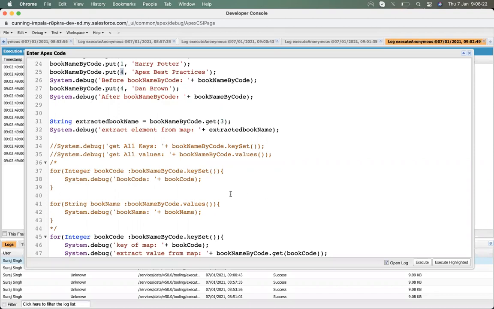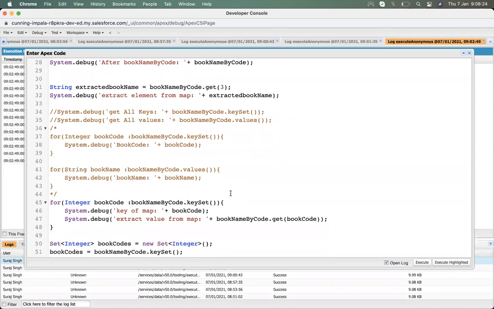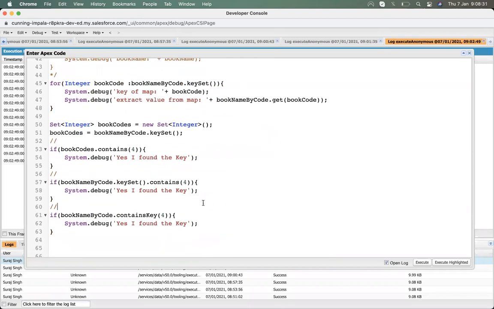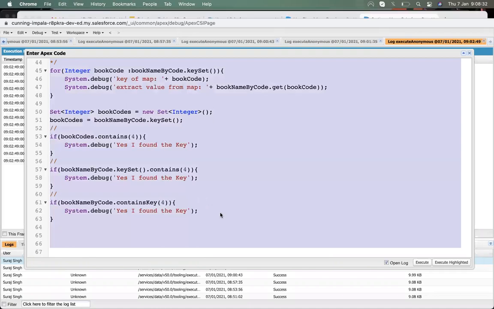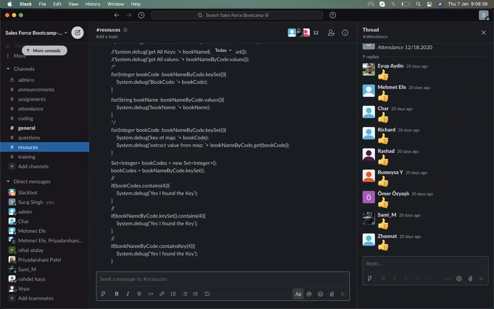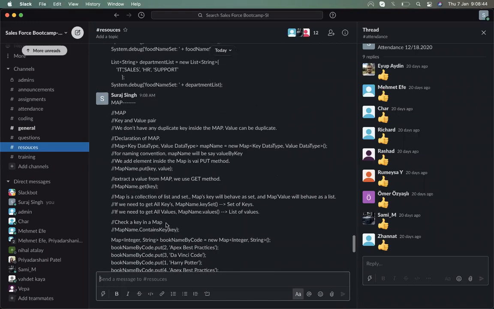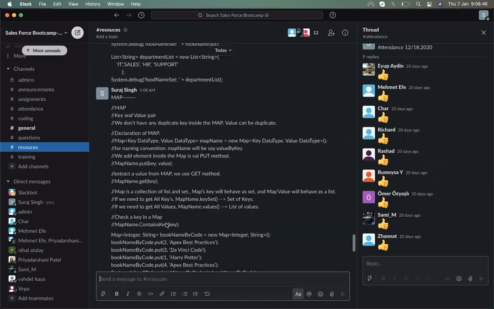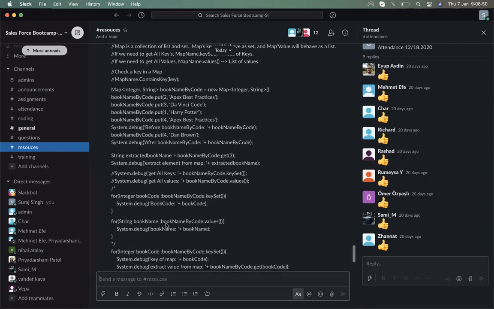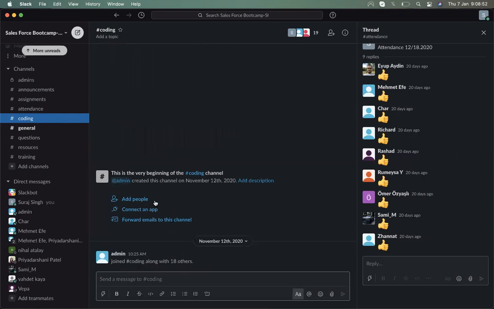Okay. Suraj, please make sure you copy this also into the resources. Yeah, okay, I'm sending it to the resources. Maybe we can put it in the coding room, just the codes.